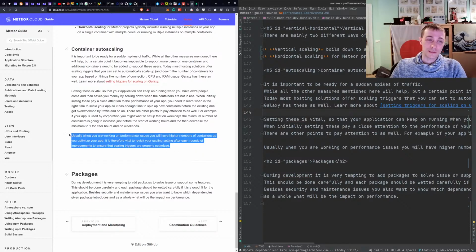And as always, because people tend to skip to other parts, a reminder that you have to really look for the specifics of your application and get to know how it reacts